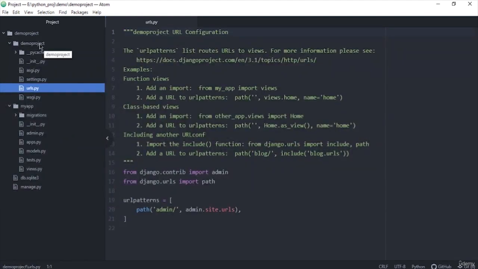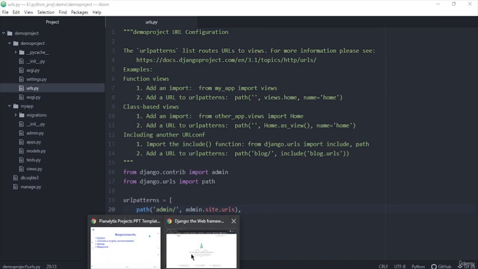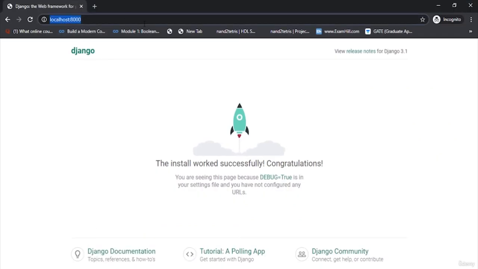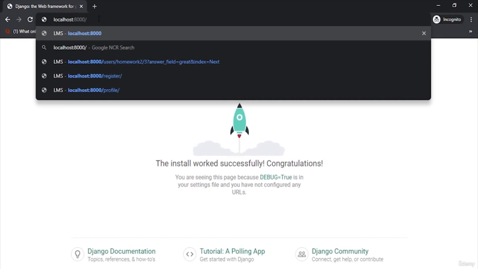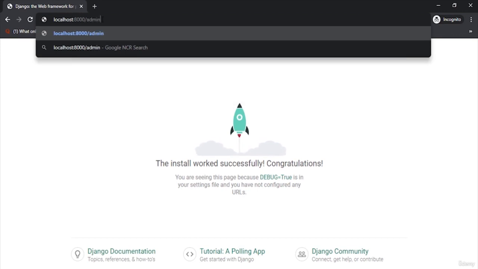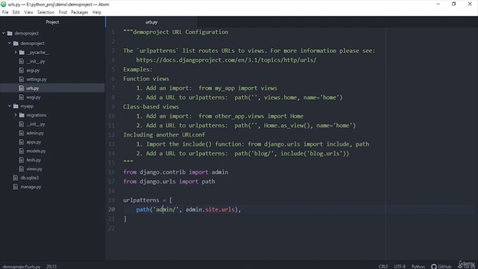Okay, so what I'm going to do now is use the urls.py for this project. A project contains urls.py. An app can contain urls.py as well, but I don't have any urls.py here. I'll create it a bit later on. Okay, so you can see a path called admin here. It means that whenever the user types something after localhost:8000, if it is admin, we're going to route them to this particular logic. Since admin is provided by Django by default,